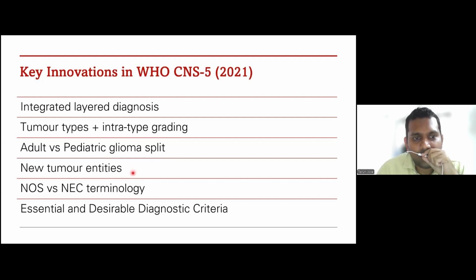Then there are some new tumor entities, and some other terminologies like NOS and NEC. NOS is not otherwise specified, where the essential diagnostic data is not available to characterize the disease. NEC is when, even though the whole testing is done, the tumor does not align to the defined categories. Other than that, there is essential and desirable diagnostic criteria. Essential are the must-have, necessary features for the diagnosis, and desirable is supportive but not mandatory